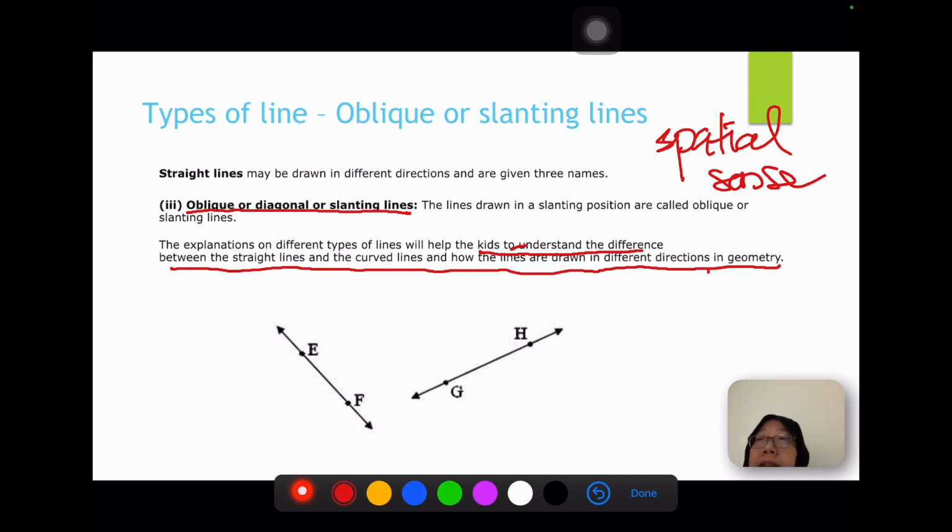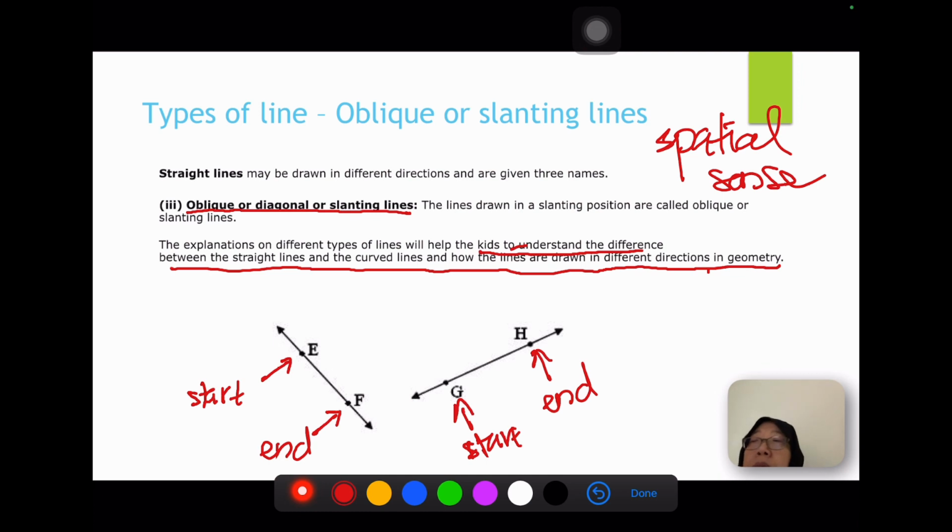So for the slanting lines, we have 2 points as well. One is E. We start from E and we end at F. G and H, we start at G and we end at H. But you can still draw the oblique or the slanting line with these arrowheads. That is to show that the line is actually